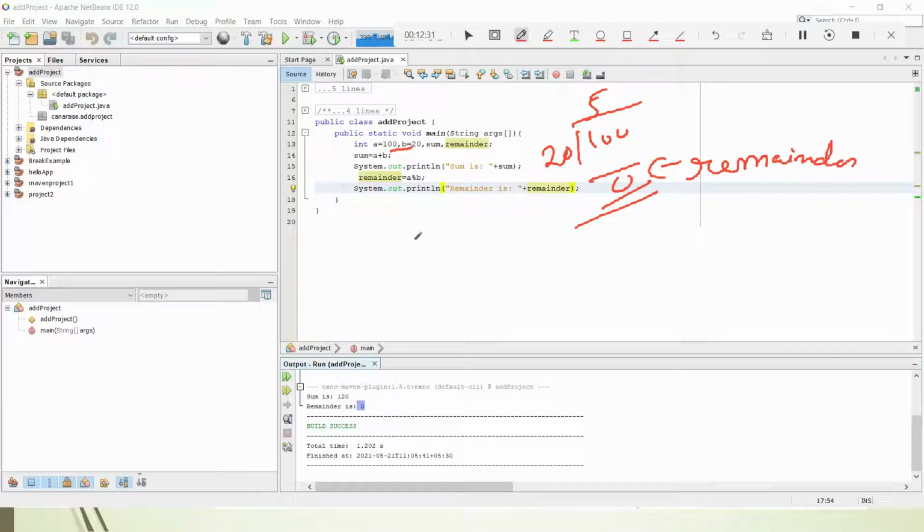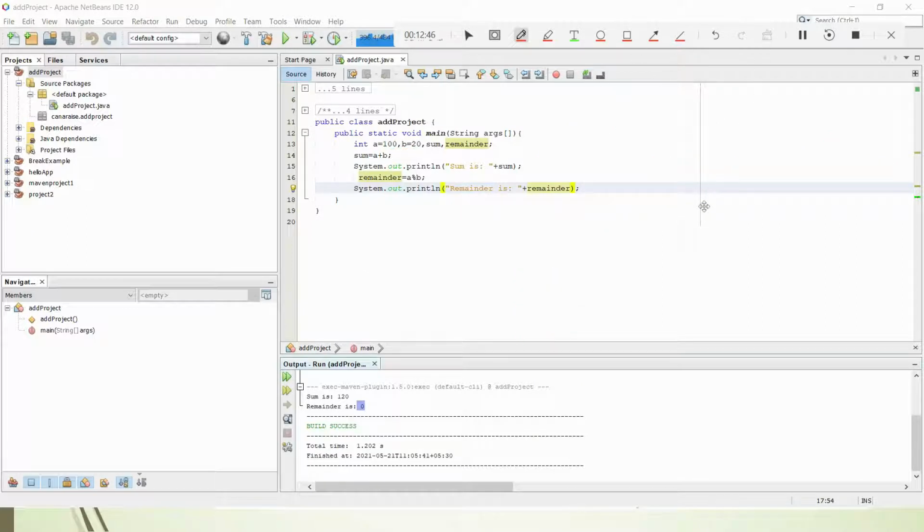This is how you can also try with other arithmetic operators like minus, star and division. In the same program you can substitute and put the line. That is how you work with the arithmetic operators. Of course, you can see the output here.